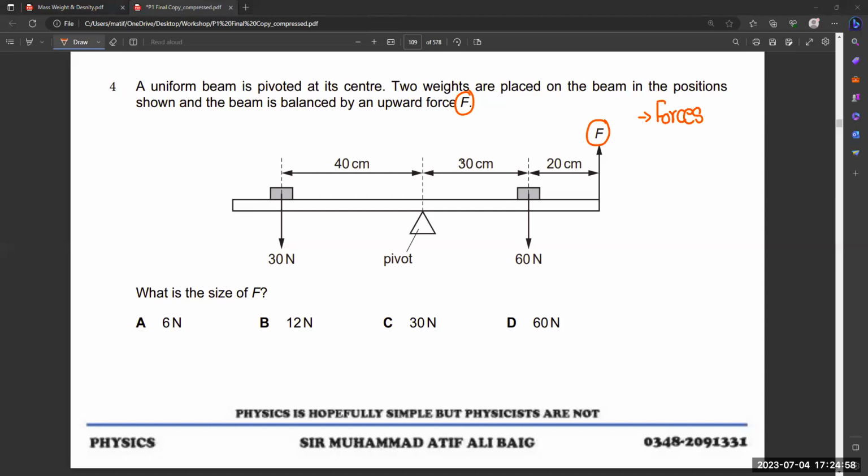Let's suppose I'm marking from the left hand side, so I'm writing F1 for this one. It's up to you, that is not compulsory. This is F2, and this remains the unknown F, no subscript, only F. We are going to find F. So the first step is very simple: identify the number of forces. The second step is